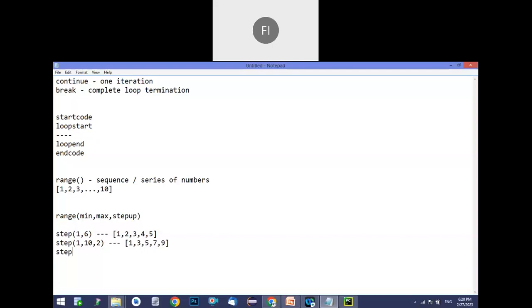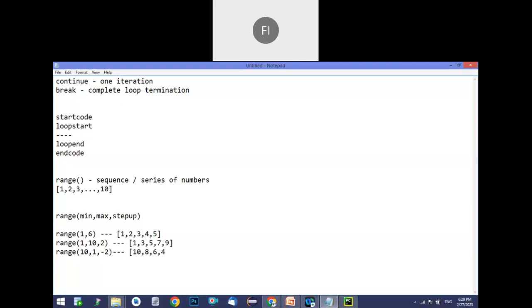And even the reverse way you can do the same approach. Sorry, it's not step, it is range. Whenever you require this sort of sequence or list of values, instead of typing manually, you can use the range function. So 10 comma 1 comma, I can give -2. So a decremental loop is also possible. In this case, what happens? First we start with 10, 8, 6, because it is moving downward.